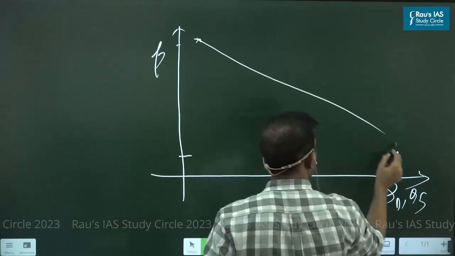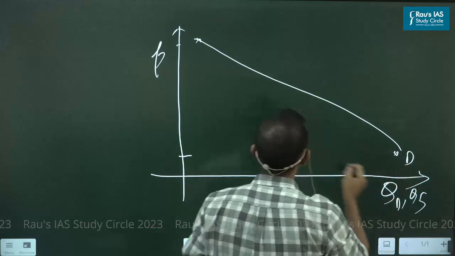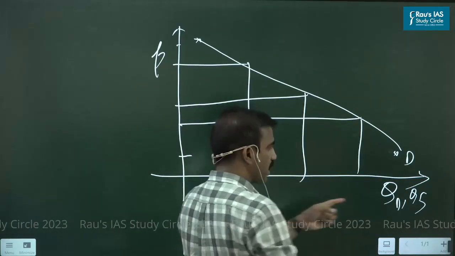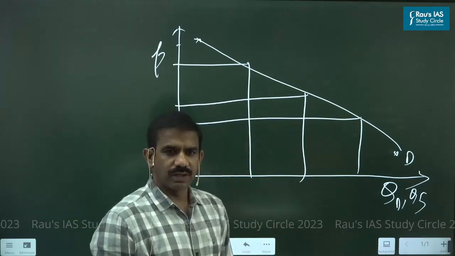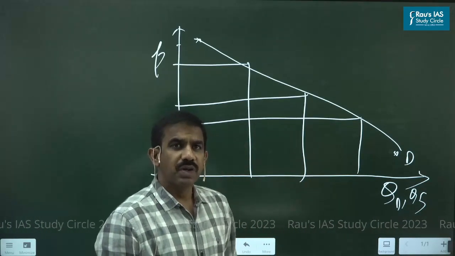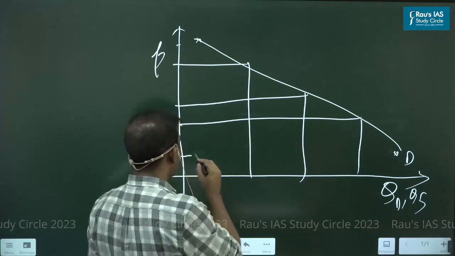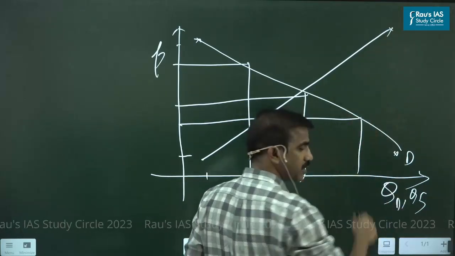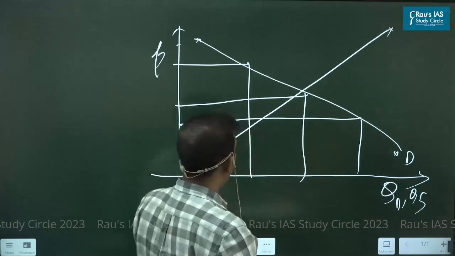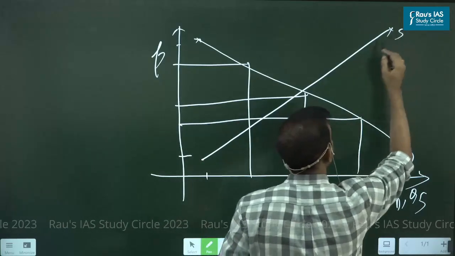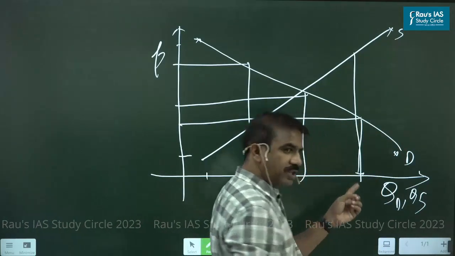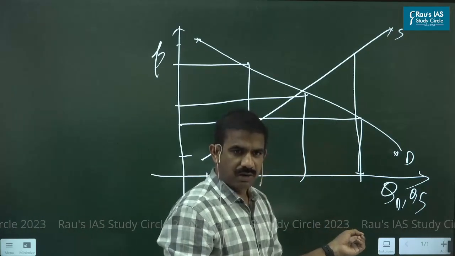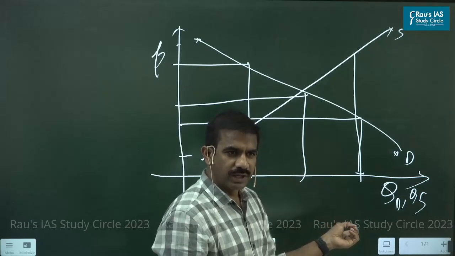So on the x-axis, this is a demand curve. That means at every price, what is the quantity demanded is what I'm trying to explain on the x-axis. Am I right? And at the same time, at every given price, the higher the price, the more producers are willing to supply, isn't it? And for this curve, on the x-axis, what does the value correspond to? Quantity supplied. For this curve, what does the value correspond to on the x-axis?